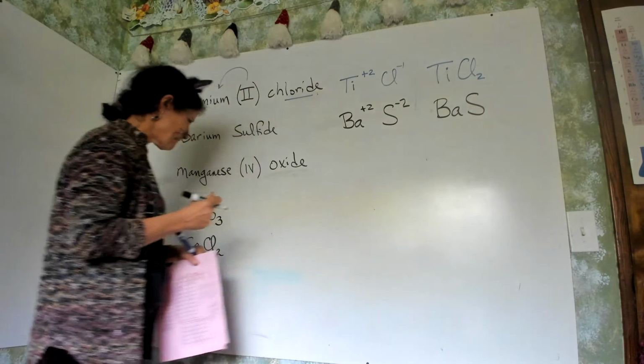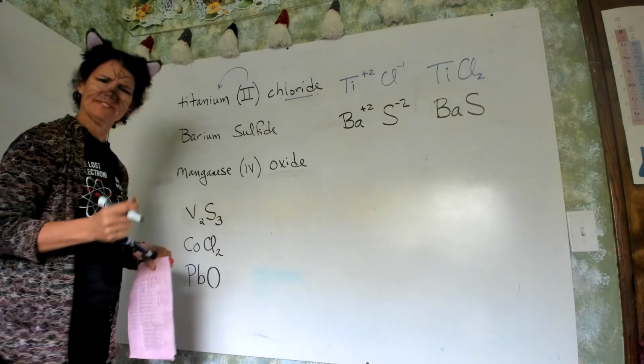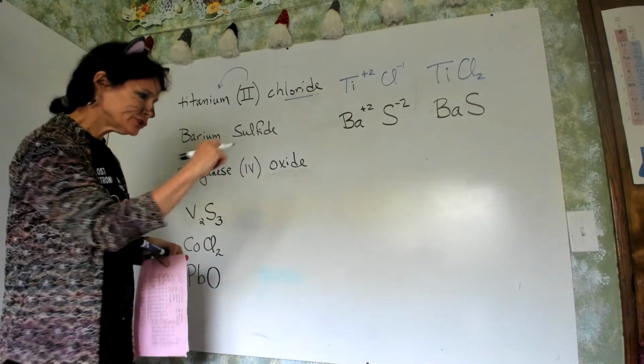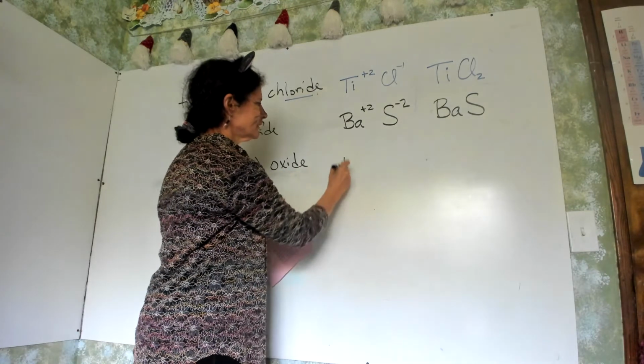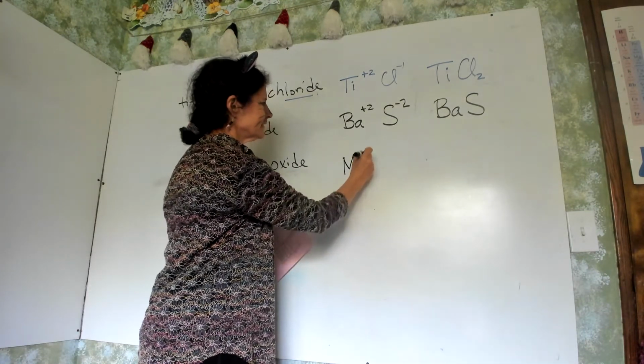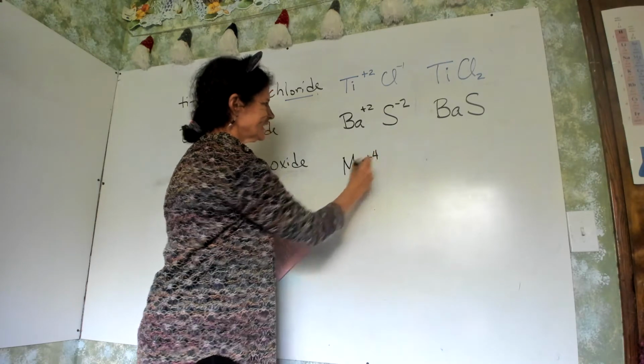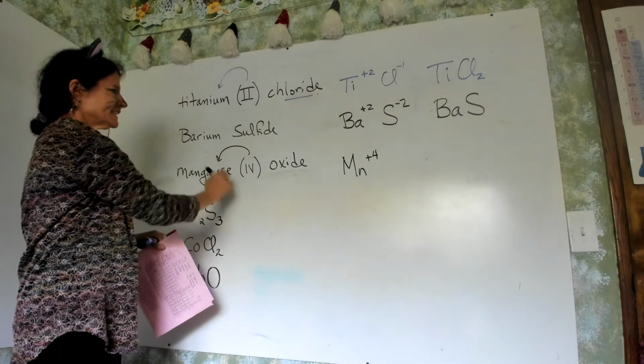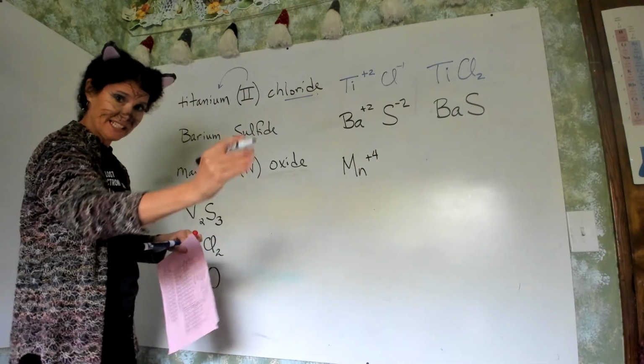All right. Manganese 4 oxide. If you can't see the board, just listen. Use your ears as you're writing. I'll turn the light on after the glare of my eyes. This 4 means 1 before 5. IV is 4.